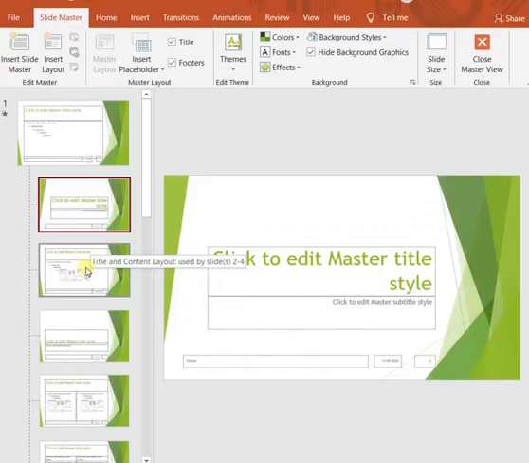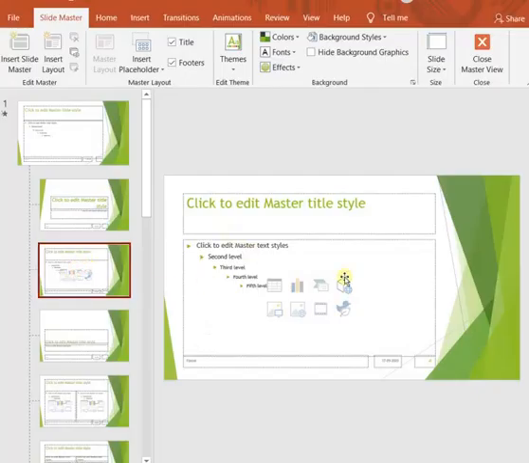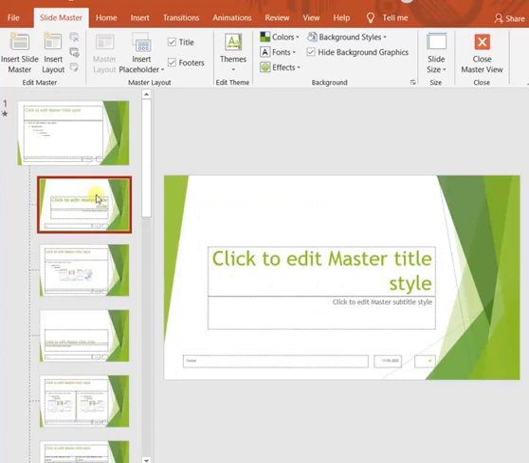Now come here, next one. If you take your mouse over it, you will see that it is showing that it is used by slides 2 to 4. That means in my presentation the slides 2, 3 and 4 are using this layout of the slide master, and the first slide or the cover slide of my presentation is using this slide.